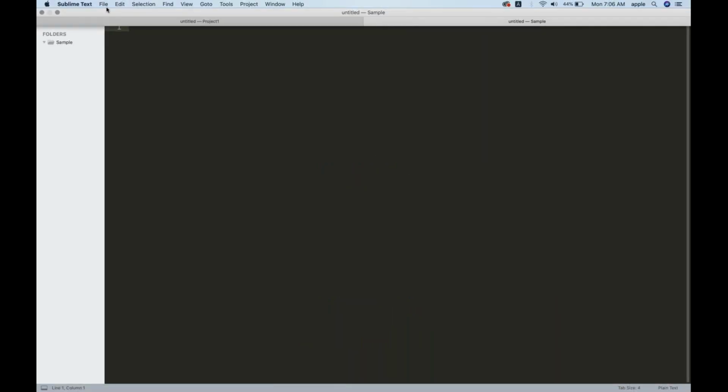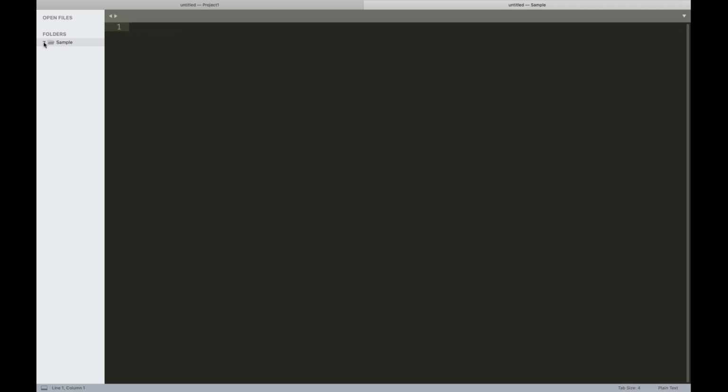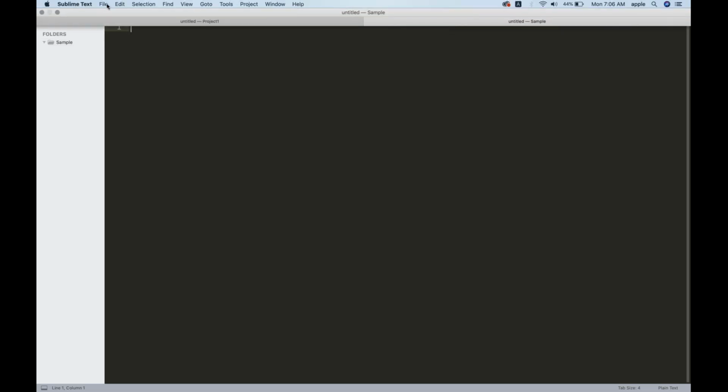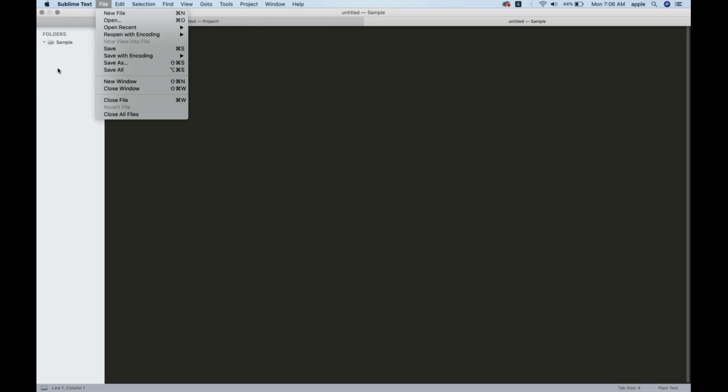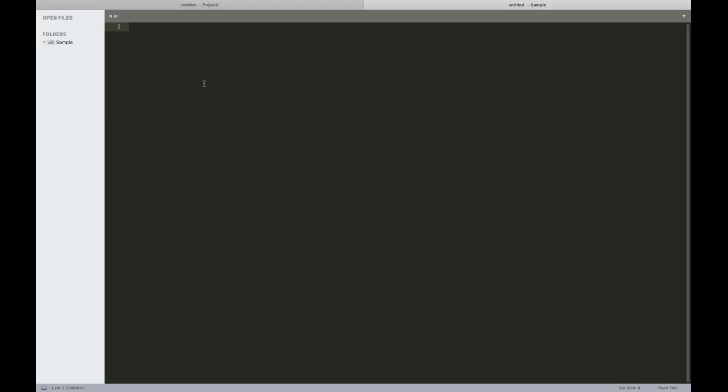I just created a folder in my system, and I'm opening my folder, and it has the sample folder. Now we just have to create some HTML pages. While creating the HTML pages, we know that there is a naming convention. The root page of every website starts with index.html. Whenever we have .NET pages, it is index.aspx, index.asp for ASP pages,